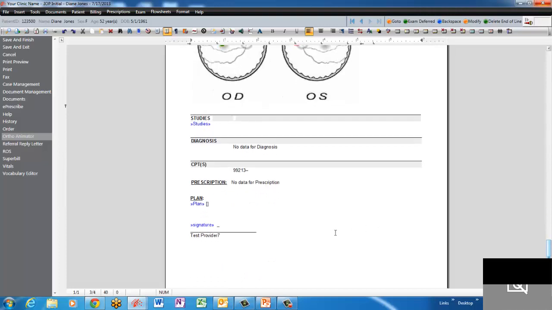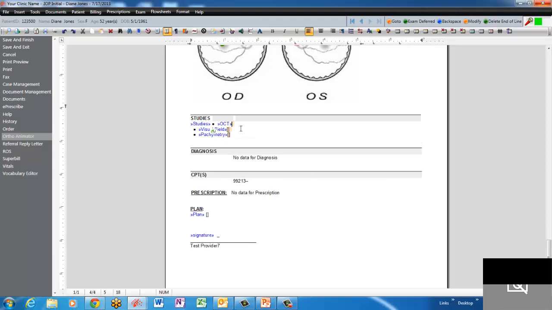As I come down to the bottom of my exam, there are some handy tools that will help you finish up with the different studies, diagnosis, coding, the plan that I'm going to give to the patient, slapping my signature on and getting it over to a referring provider. So let's jump through those using voice as well. Insert glaucoma studies, OCT ordered period, visual field test ordered period, pachymetry as listed above period,